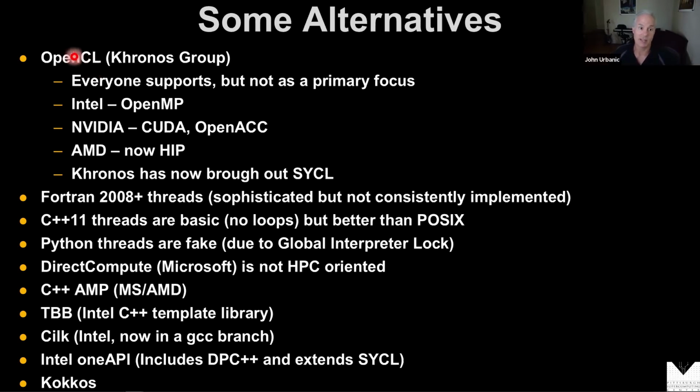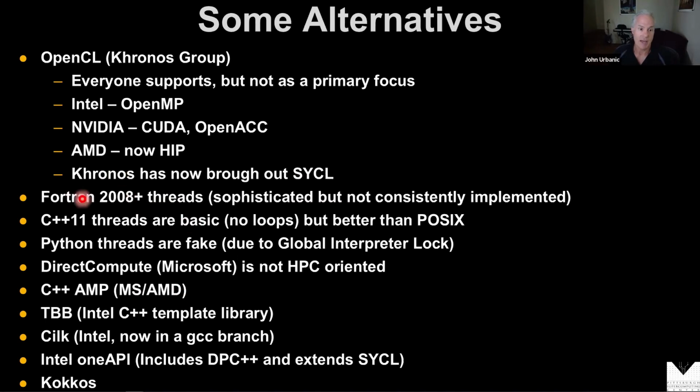And OpenCL was always lagging in performance. Nowadays, it's just kind of moot. So I wouldn't recommend OpenCL to anybody to start a project with, certainly. And I hope you don't inherit something that's built around it, because it's now kind of deprecated. Even the Kronos group has now kind of succeeded it with SYCL.